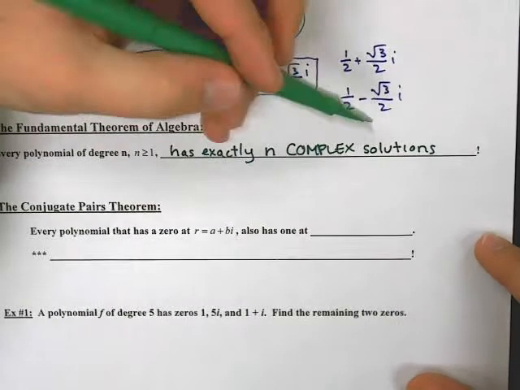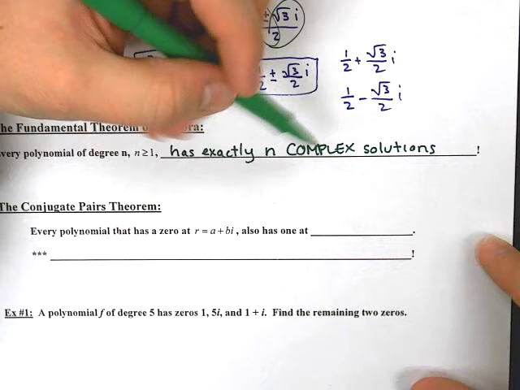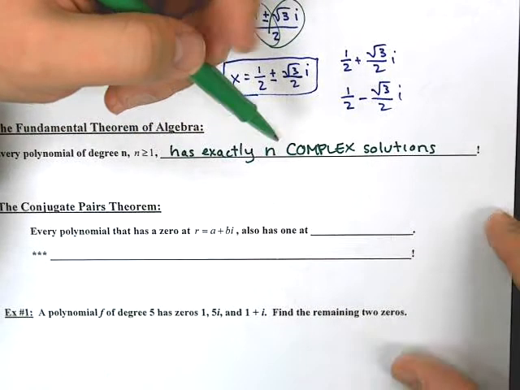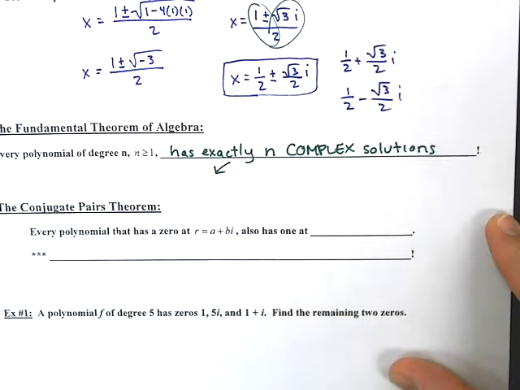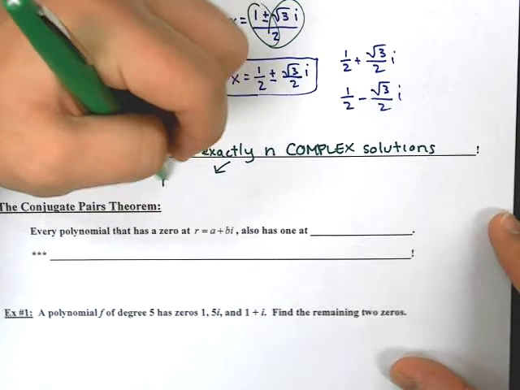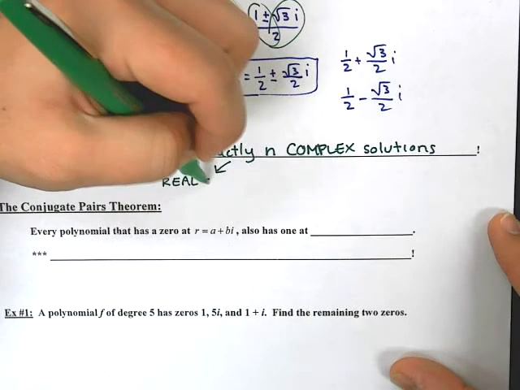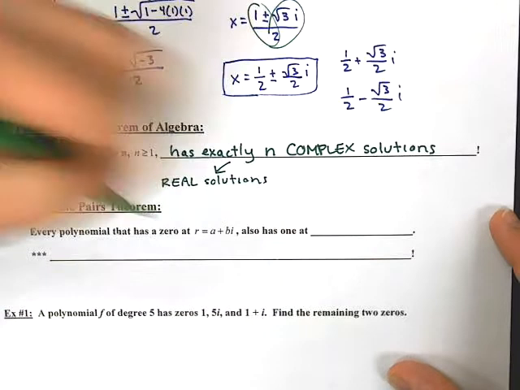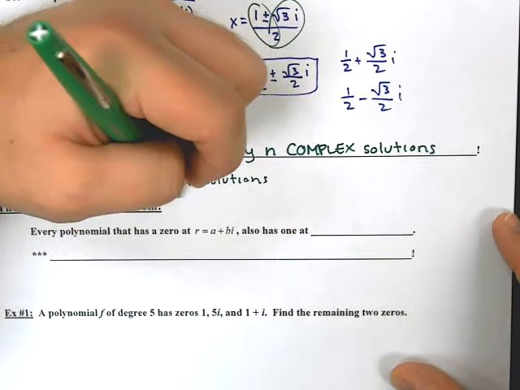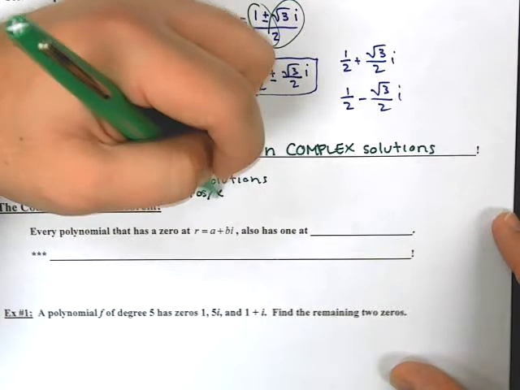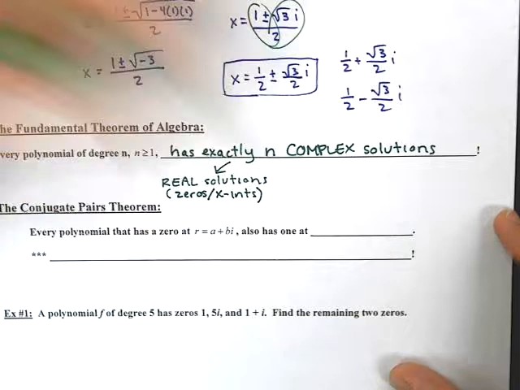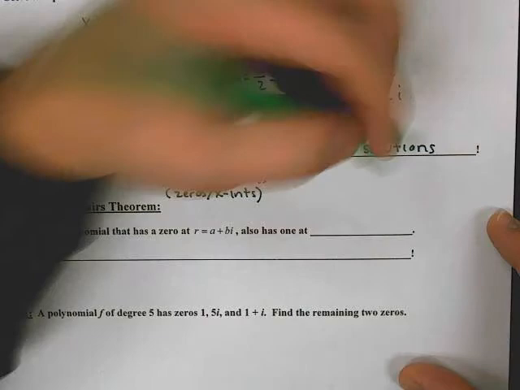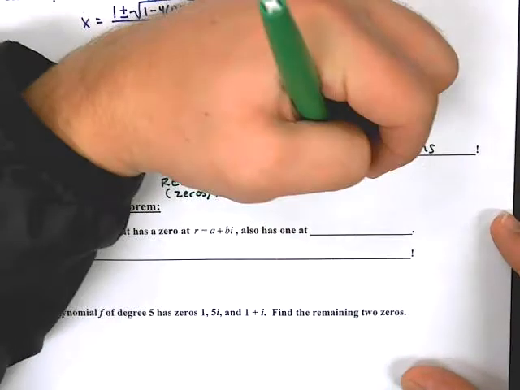Has exactly n complex solutions. You have to understand, though, there are two things that make this up. I have one side, which are real solutions, and what I need you to know about this is that those are my zeros or x-intercepts. All right? So there's some number of real solutions, and then there are also